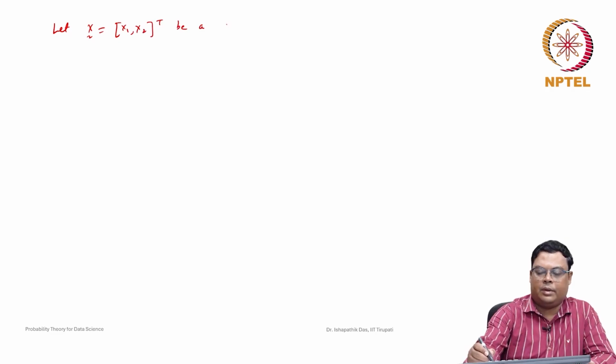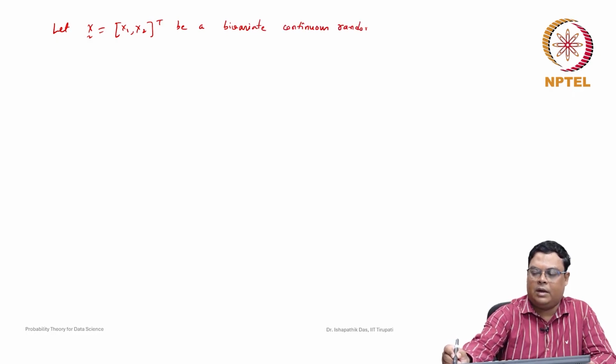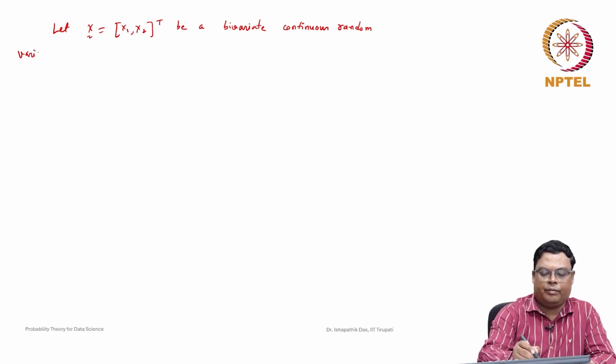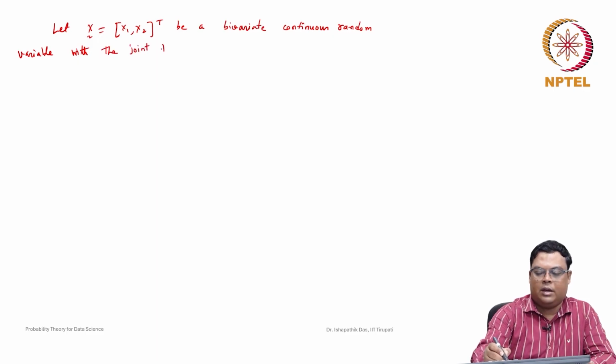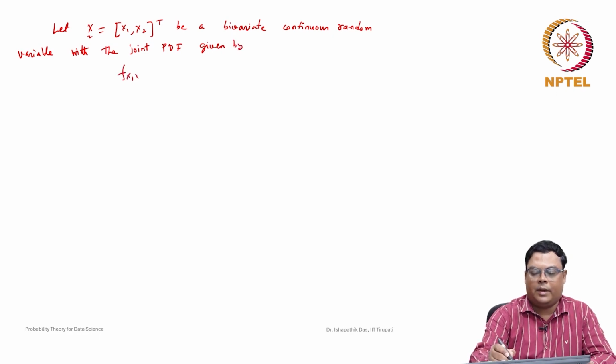Let (X1, X2) be a bivariate continuous random variable with the joint probability density function given by f of x1, x2